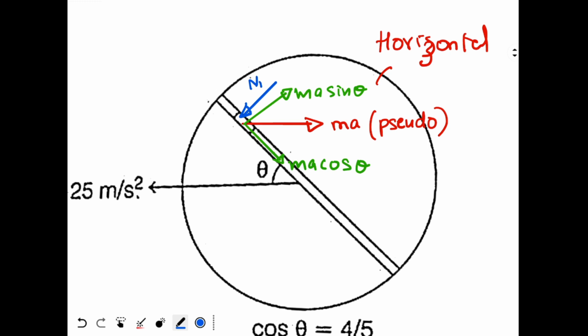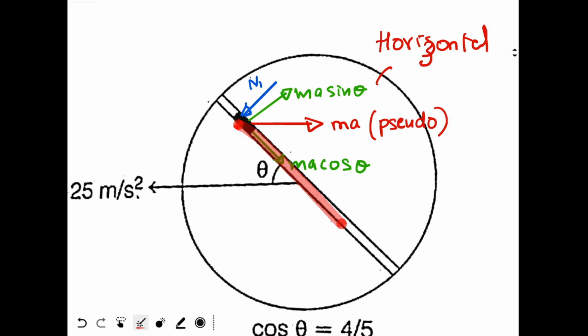So this is your groove. Actually, the groove is not visible. The block is not visible anymore. This is your block. Okay. So the block is experiencing pseudo force with respect to disk. So with respect to disk, the pseudo force has two components: ma sin theta and ma cos theta. So ma sin theta is being balanced by normal force n1. And ma cos theta is trying to push the block in this direction.